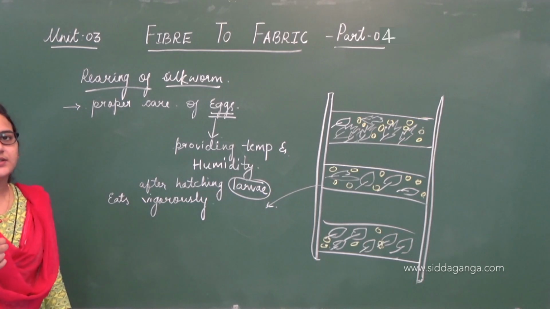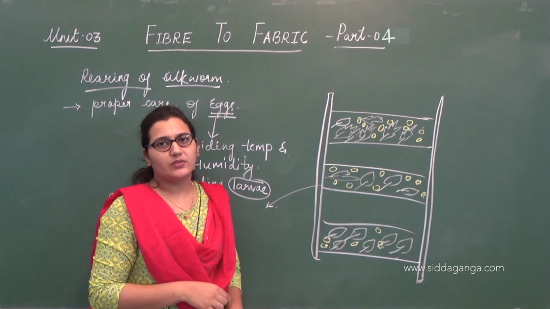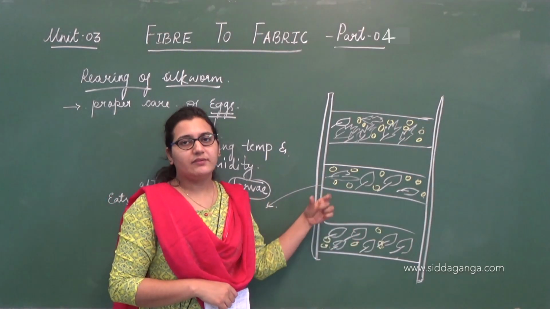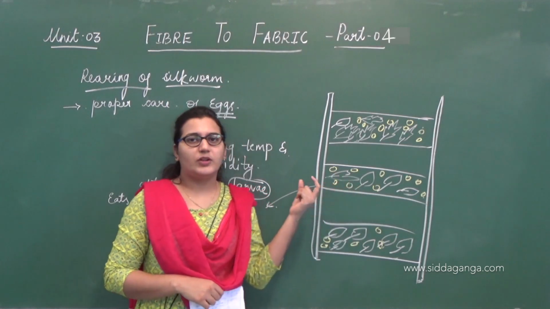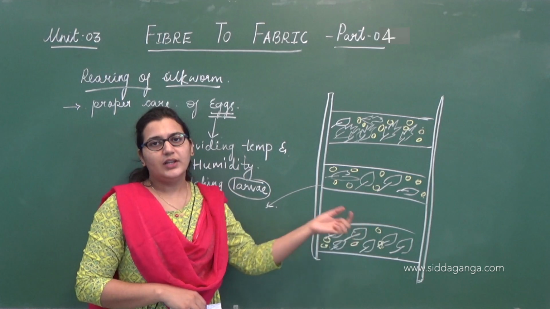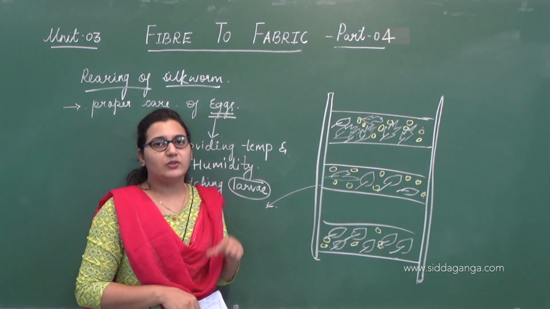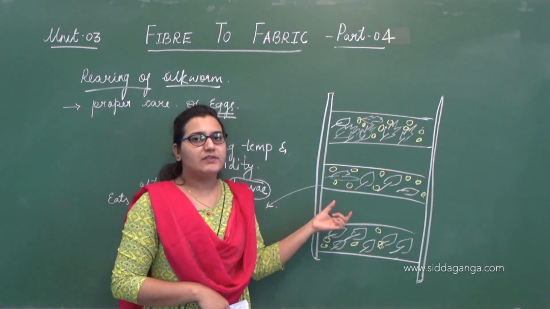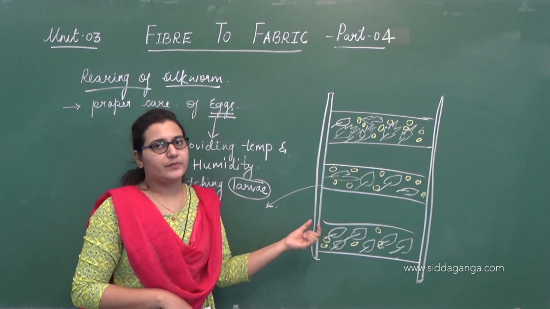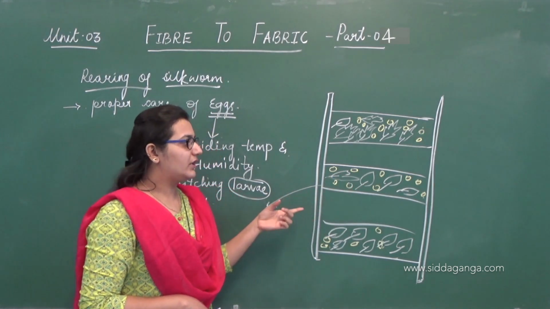They eat vigorously, and we have to keep providing freshly cut leaves. We have to chop and provide fresh leaves, and while providing the food, we have to take care that these leaves are healthy. Even plants and trees have infections and diseases, so we have to make sure the leaves we provide for these worms are healthy ones. Like that, we have to take care of the mulberry trees also.